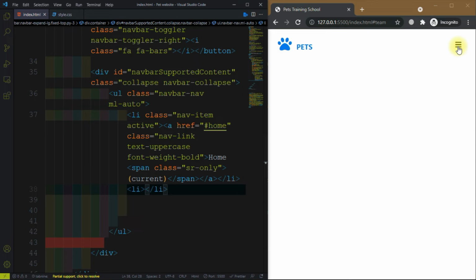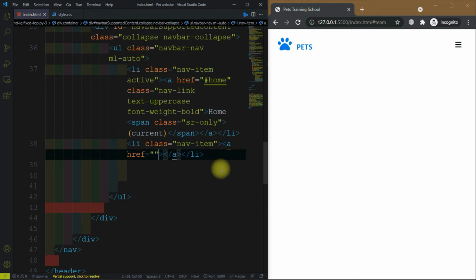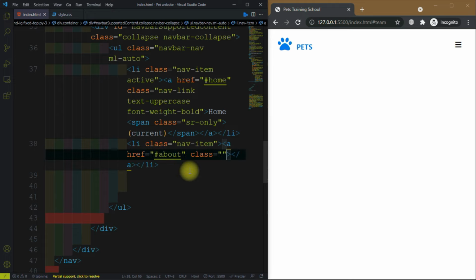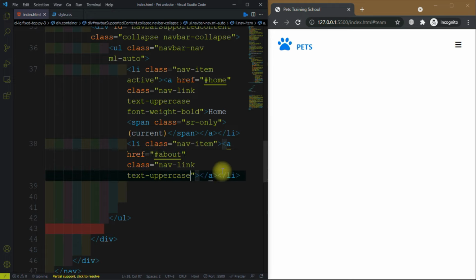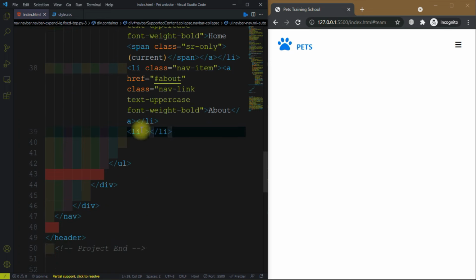For the second link, we will style it later. First we complete the HTML part. So this is for the second link, nav-item. Then we have the anchor tag href hashtag about, and then give it some classes, nav-link text-uppercase about. After that for this third link, which is